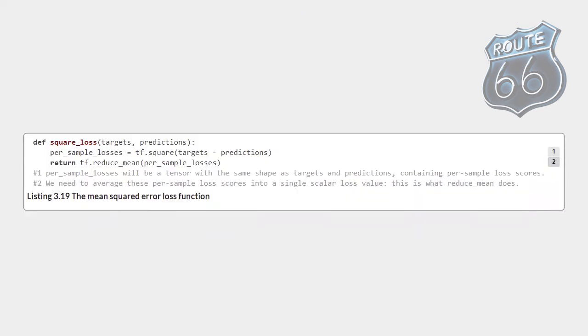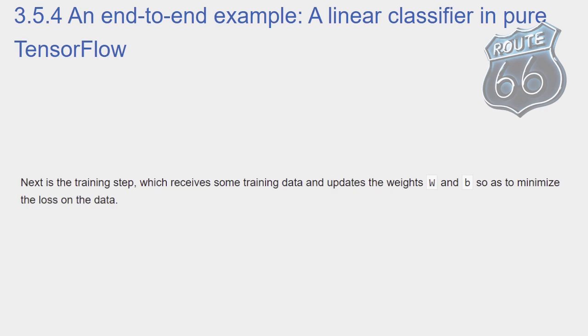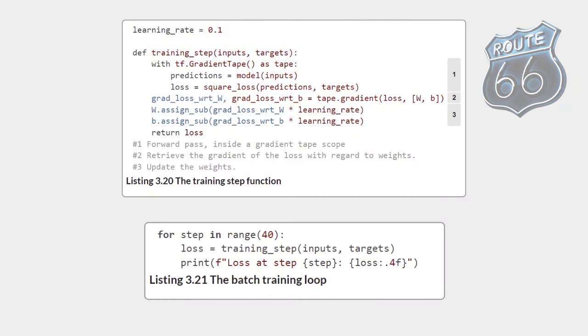The following listing shows our loss function. Next is the training step, which receives some training data and updates the weights W and b so as to minimize the loss on the data. For simplicity, we'll do batch training instead of mini-batch training. We'll run each training step, gradient computation, and weight update for all the data rather than iterate over the data